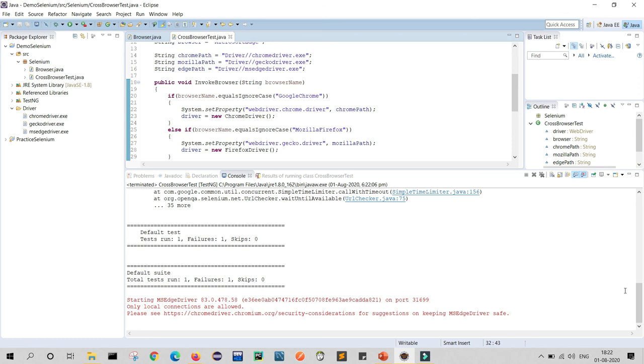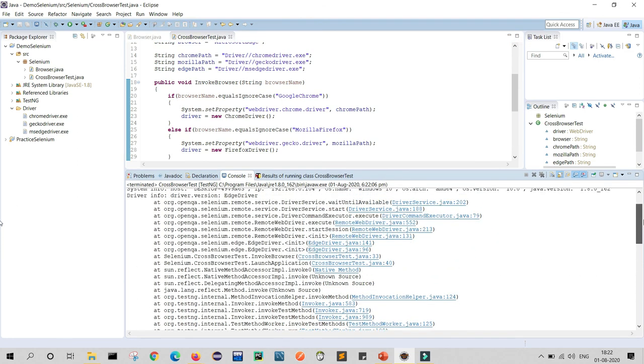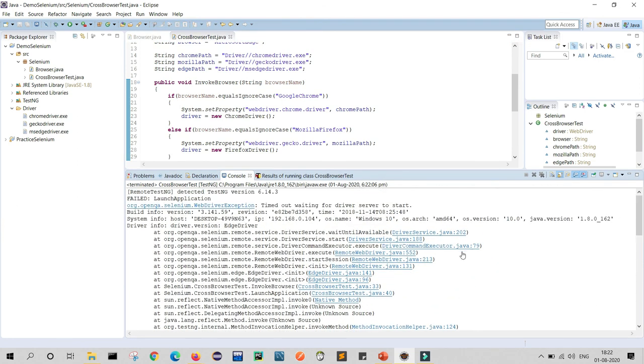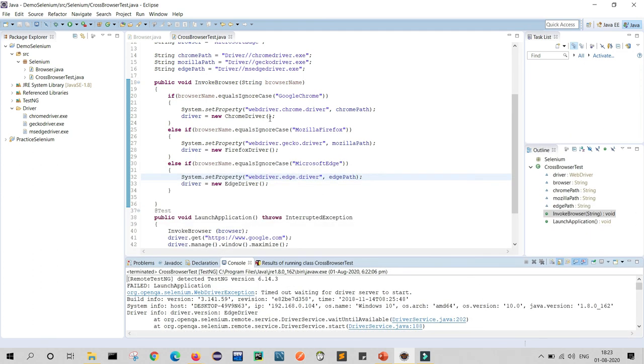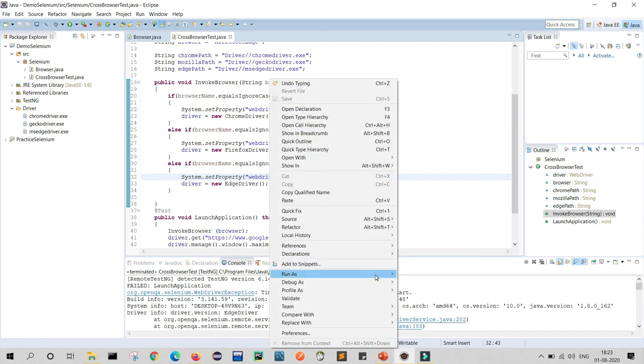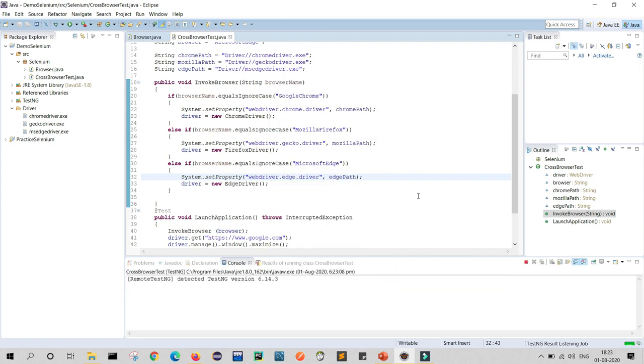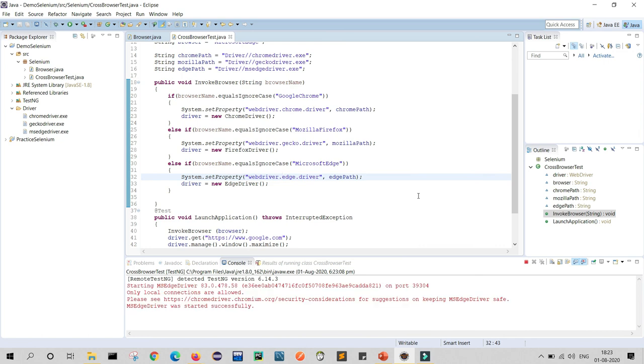Okay, it is showing some error again, and the error is timed out, driver server. So the driver server is taking time to start. So what will I do? I will run it again to check whether it will run or not. Let's run once again.